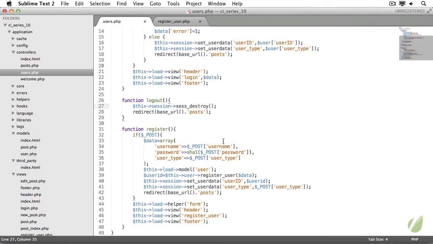Let's go to our users controller, and you can see the function we have to register as it is. There's no validation there whatsoever. I could keep registering the same username and then we'd have multiple records in the database. It'd be a disaster. So we're going to use a library called form validation. We've already used the form helper, but now we need to use the library for the validation because this stores